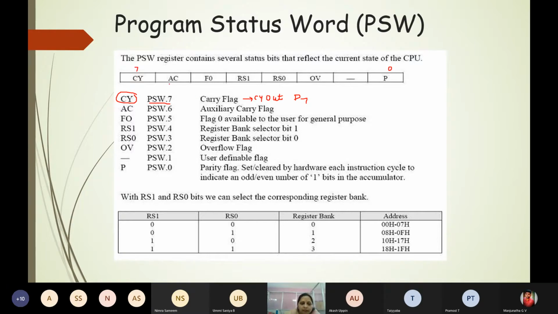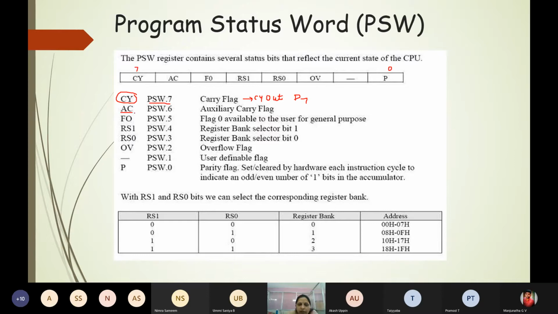The 6th bit of the PSW register is used to store the auxiliary carry flag. The auxiliary carry flag is used with decimal addition and subtraction.